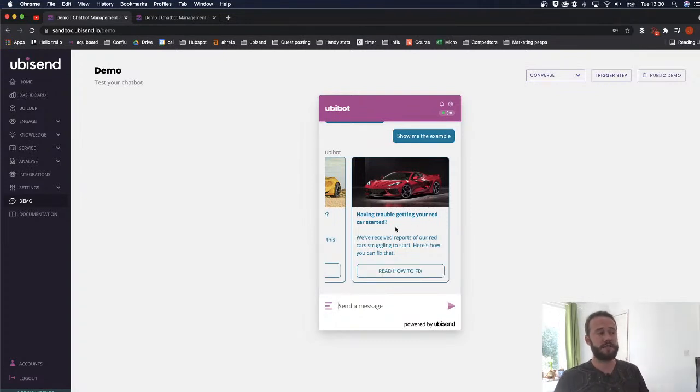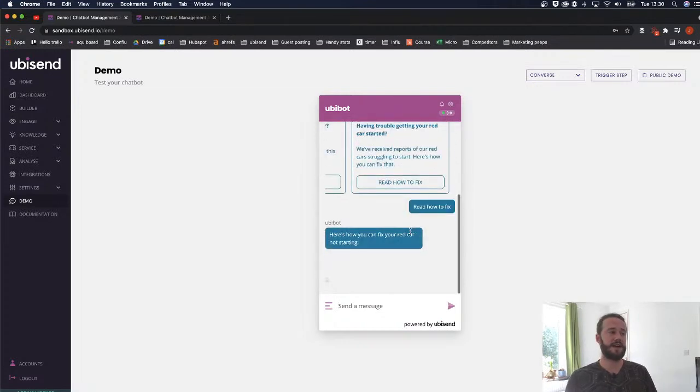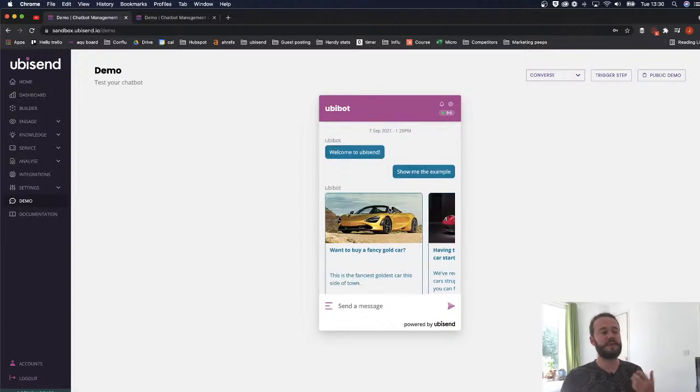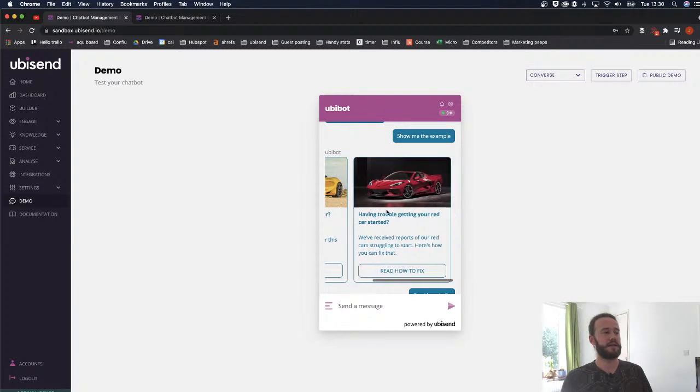Actually, I do own this red car. I have been getting into trouble getting it fixed. I'm going to click read how to fix, and it's going to get me moving on throughout the conversation. So again, just the action message buttons at the bottom there, but made a little bit more exciting using the carousel format. And just having a quick look at the chat here, I've seen a question come in,